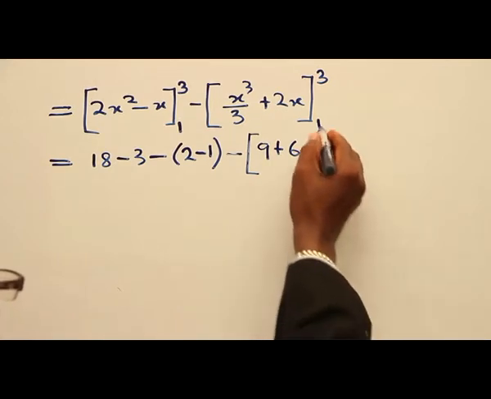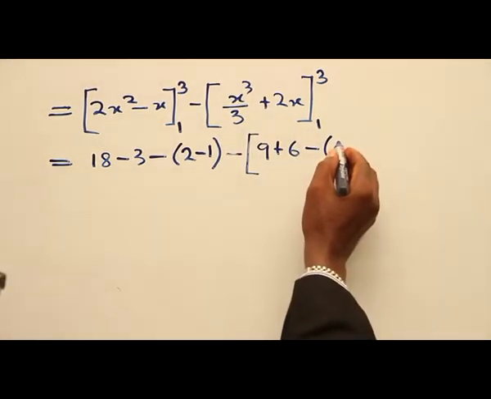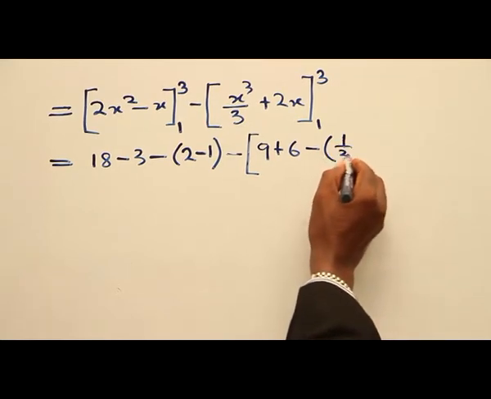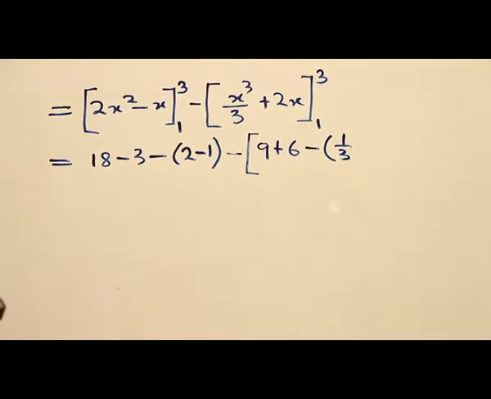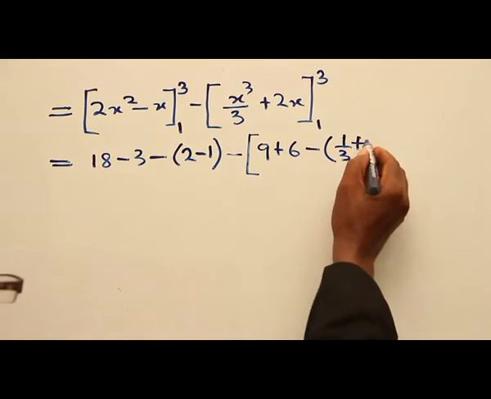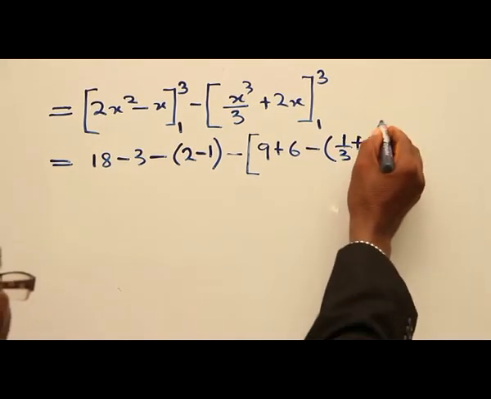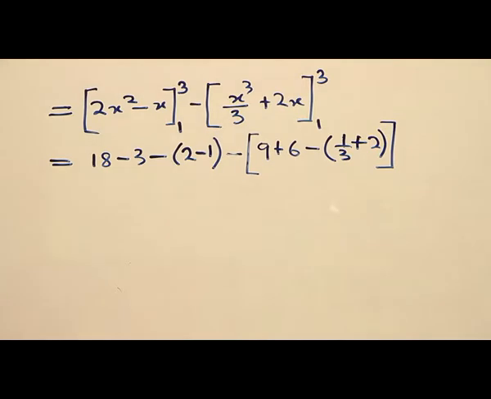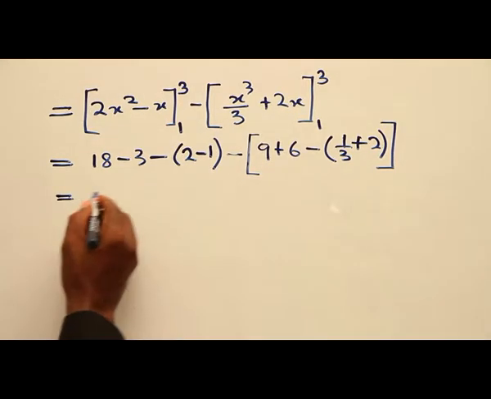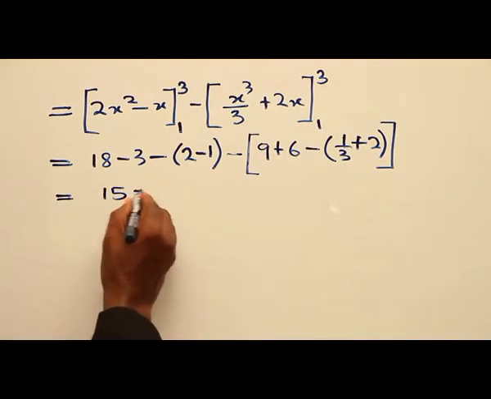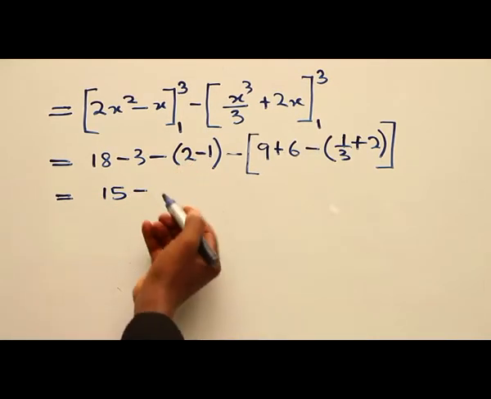What do you have there? 1 raised to 3 is 1 all over 3, so 1 over 3, and then plus 2 times 1 is 2. We close this and then we close this. Of course, 18 minus 3 is 15, and then 2 minus 1 is